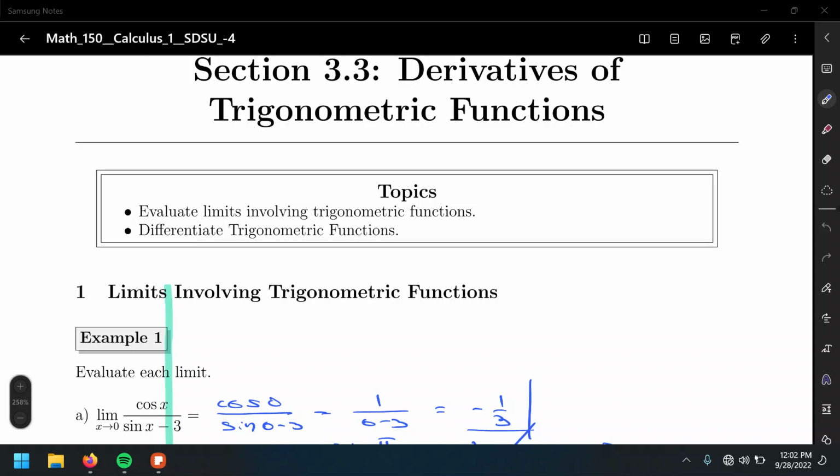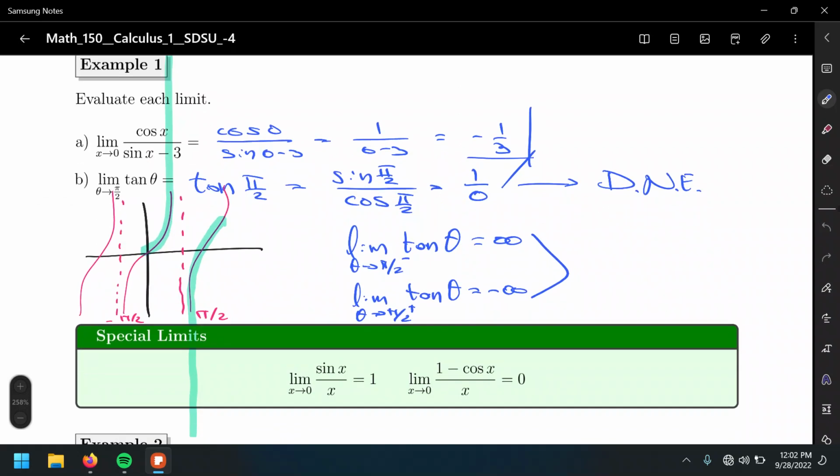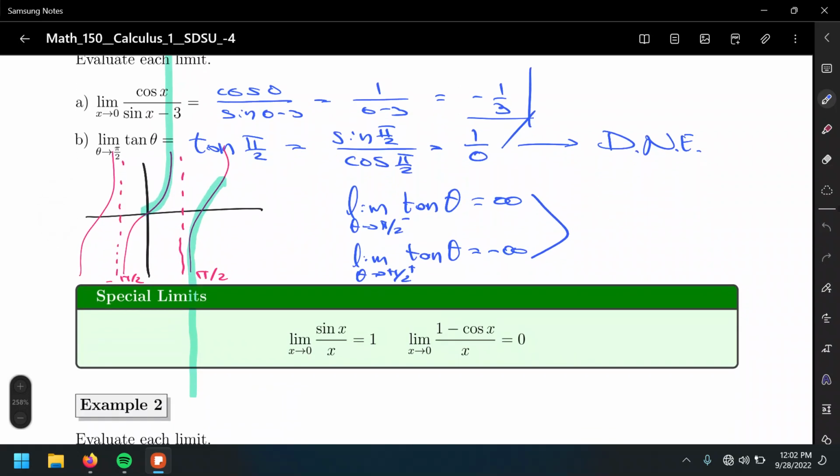So last time we got a little bit into limits involving trigonometric functions. We got to do a couple of limits. One of them was a very straightforward limit. We plugged in the value, we did the direct substitution, and we got a nice value. But for the other one, we had to go through a graphing approach, because we got that case in which we had a number over zero, which is not